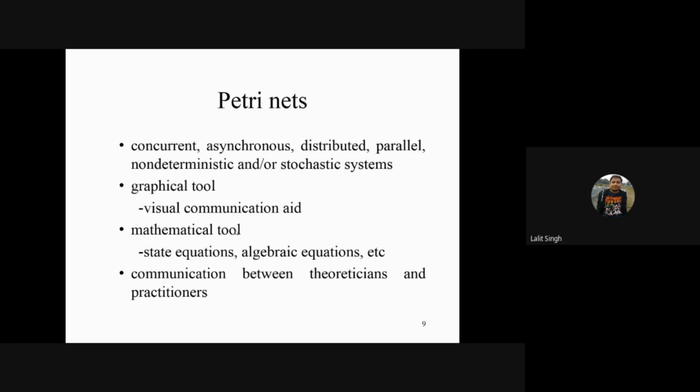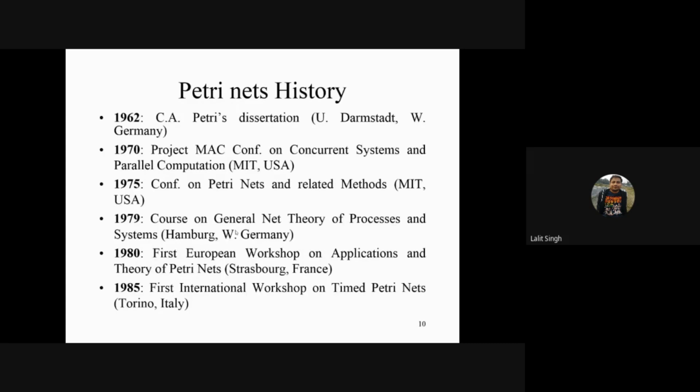And it is a mathematical tool because I can embed the mathematical knowledge, and I can derive some state equations or algebraic equations to know more and more insights about the system. So in this session specifically, we will be seeing how the security aspects can be taken care of. If you look into the history of Petri nets, starting from the origination,